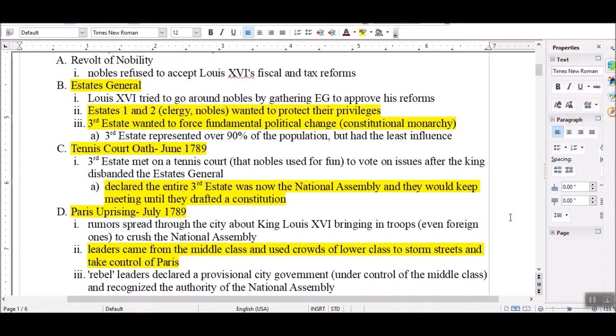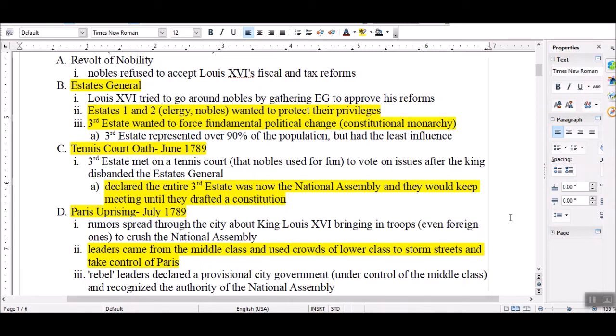Eventually, there was actually a moment where the third estate goes to meet up. They've decided, now we're not dealing with the first or second estate, let's meet together, let's come up with plans of how we were going to force the king, the monarchy, the nobility into compliance with this new constitutional monarchy that we want to come up with. And when they show up to the building where the estates would meet, they were quite literally locked out. There were chains on the door, there were guards standing over it, and they were told that the king has disbanded the Estates General and that they are not allowed to meet there.